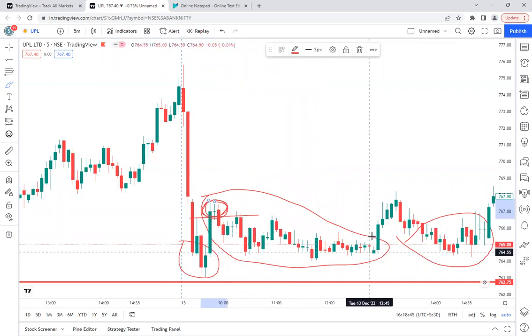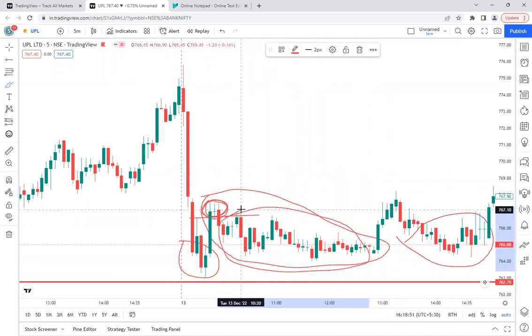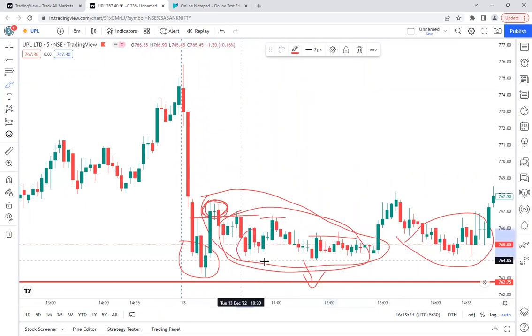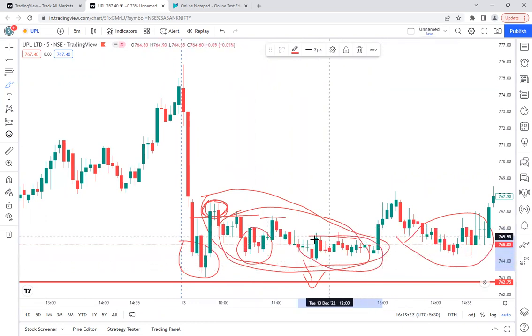And again, there might be many intraday traders who think it will be a chance for them to enter again, expecting that this time, in the first attempt, the sellers might have failed to bring it down to support, but this is the place where they might get the chance to earn that 1.5 rupee profit. They expect that, and by seeing the lower highs, if you see, this is a lower high, this is a lower high, this is a lower high, and price is also going slowly downward, many intraday traders will be entering in these particular zones.